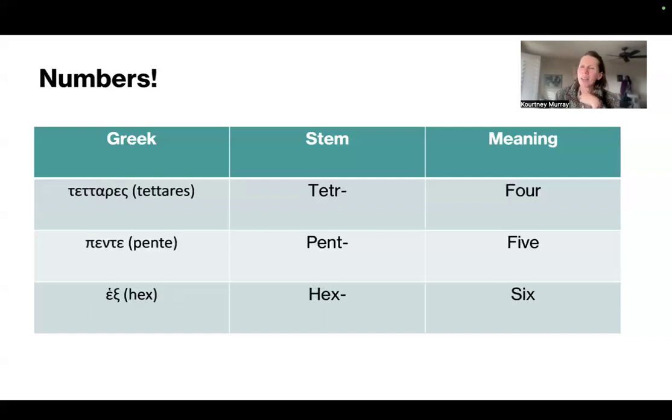So here's where we get into maybe slightly less frequently used suffixes, numbers. Tessares is the Greek word for four. This is where we get the stem tetra. So here is a fun fact about